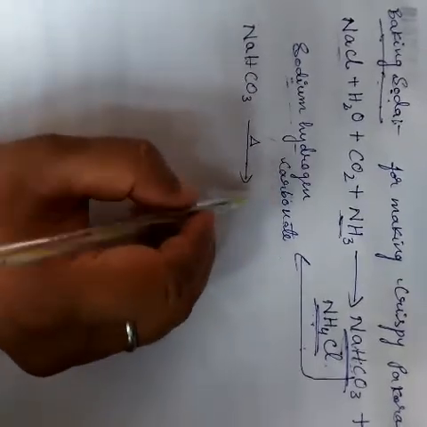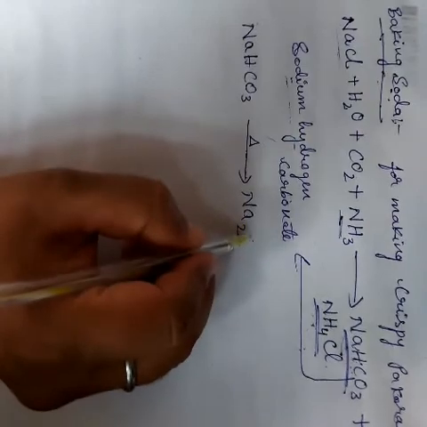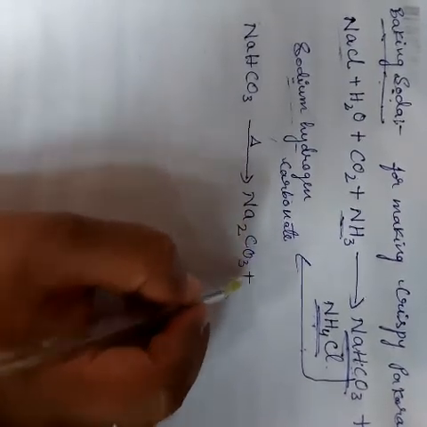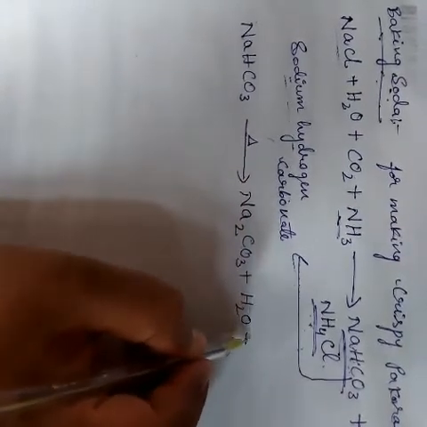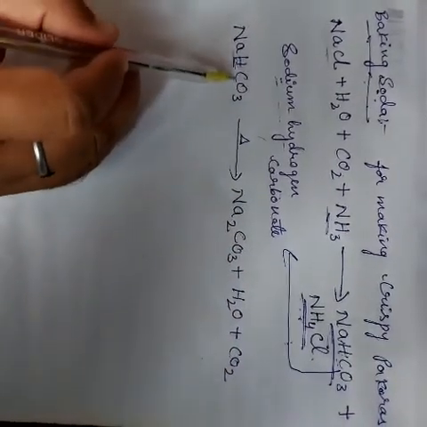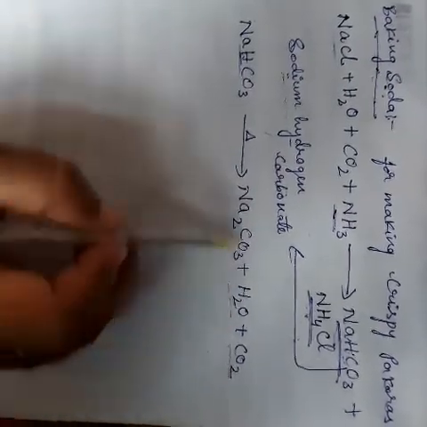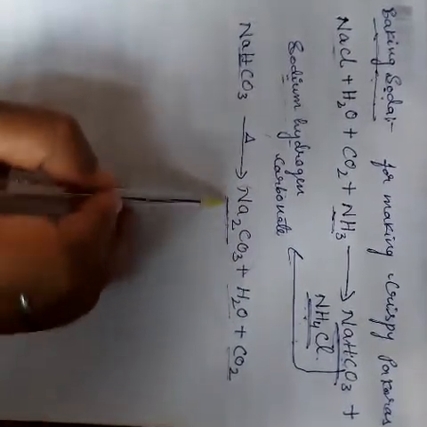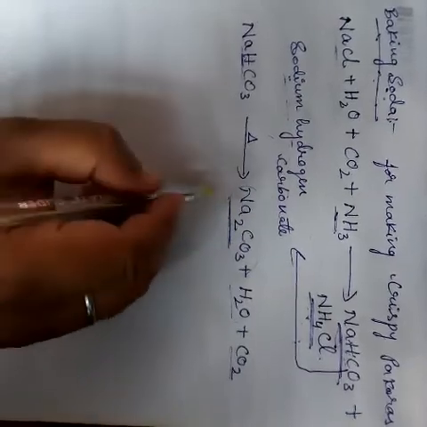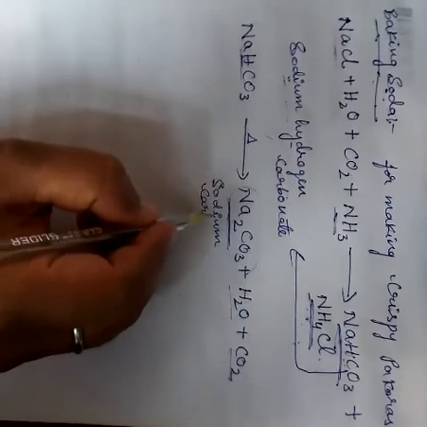Okay, next, if we take this same baking soda on heating, just on heating, this is the symbol of heat, what product is formed? Sodium carbonate plus water and carbon dioxide. I already told you that as it is a hydrogen carbonate, the products are water and carbon dioxide released, with the formation of a salt. This salt is sodium carbonate.